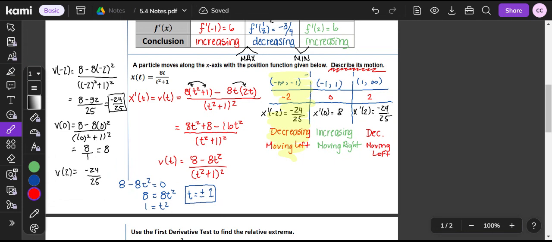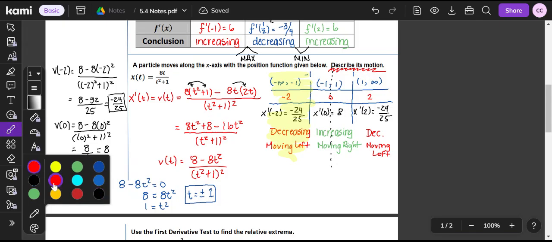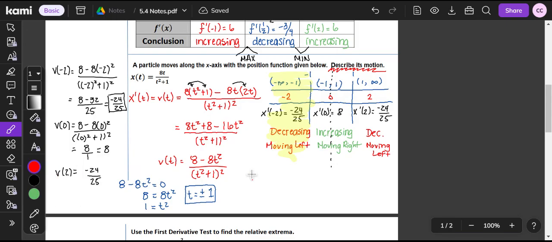So what I really want to do is pretend for a minute my function actually starts at time t equals 0, and then describe the motion from there. Okay, I already figured out that the velocity at time 0 is positive, and then I hit my first critical point at 1. So if I was really, really going to do this problem well, I would say the particle